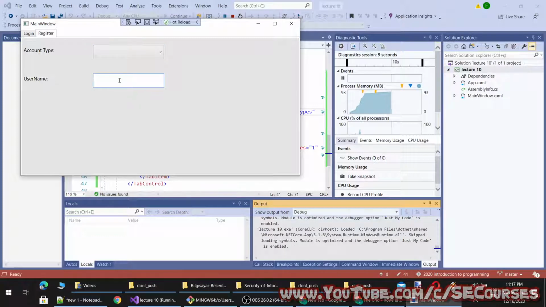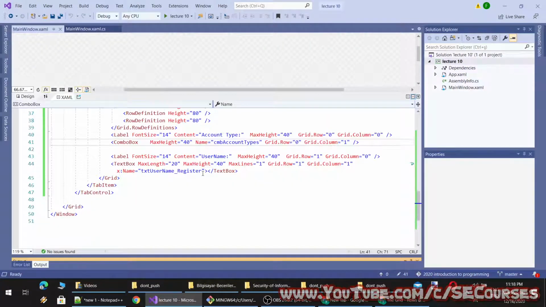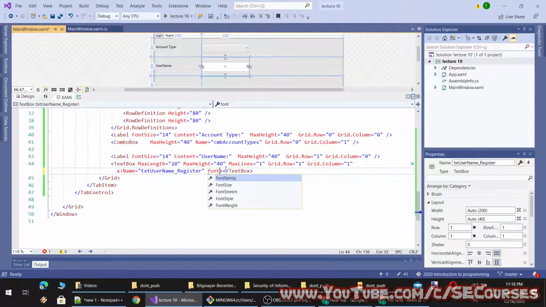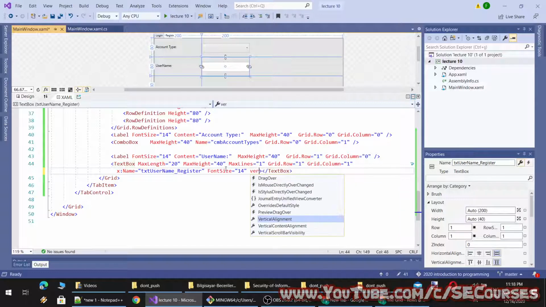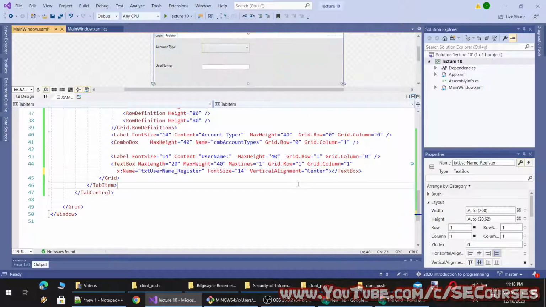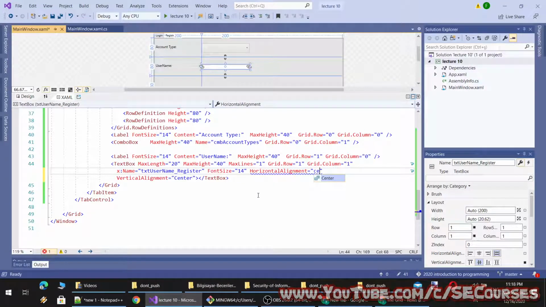Okay, so the text box is not centering the text you type. To fix that, I will also add font size equal to 14, vertical alignment center, and horizontal alignment center.